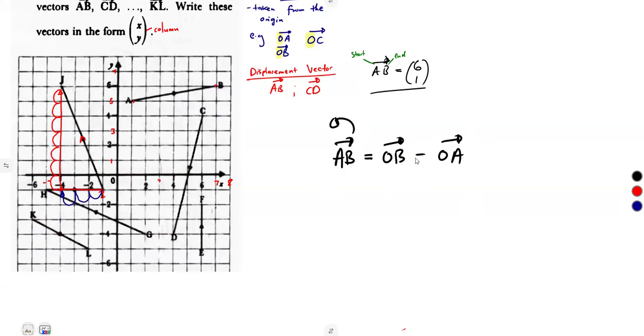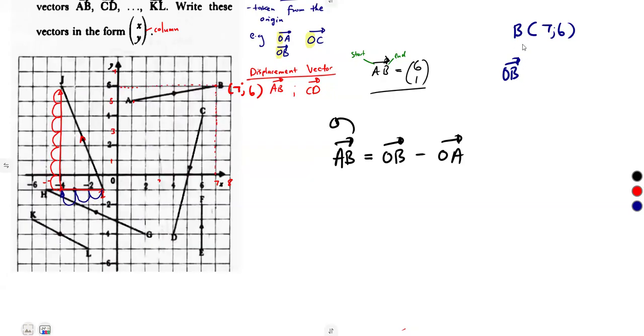Position vectors, meaning OB, is from the point B, the coordinates of that point B. So what are the coordinates of the point B? Going up here, this is our point B. The X value is 7 and the Y value is 6. The coordinate of the point B is X is 7 and the Y value is 6. So that's the point B, 7, 6. So as a column vector now,